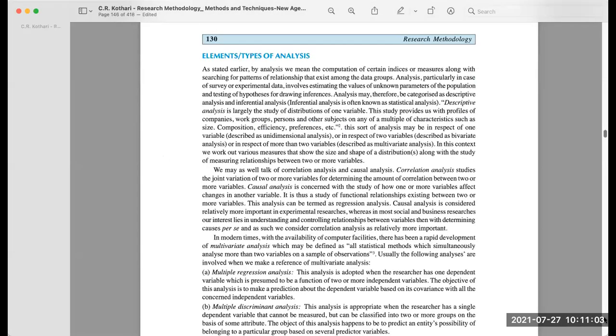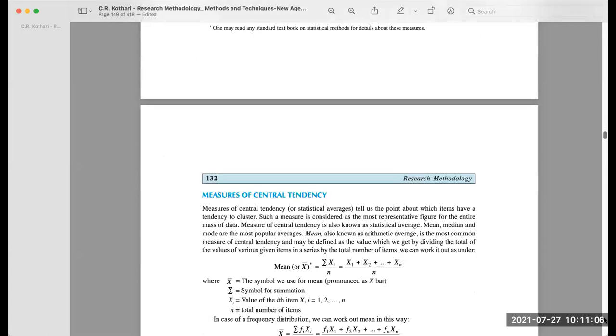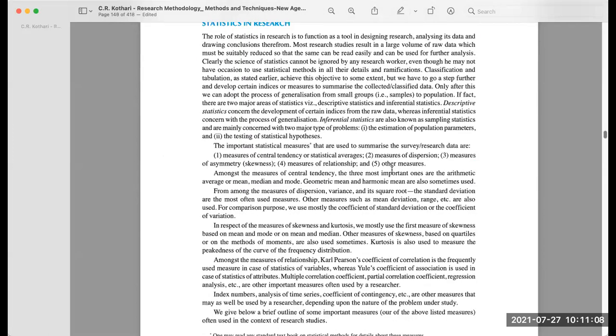So we are discussing the different types of analysis. Here we've seen that there may be five types of summary or statistical measures we are interested in, or any kind of research we are going to do with the data. Different tests we perform to measure different kinds of relationships.